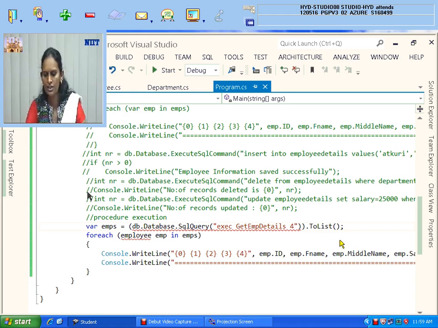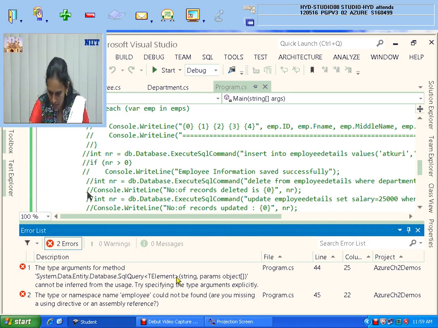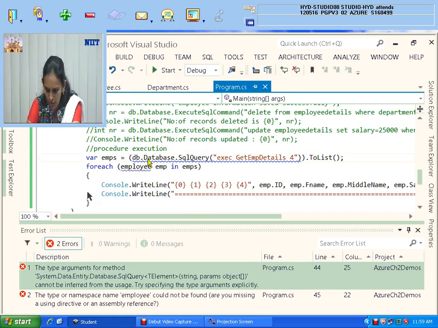Now you execute and check. There is some error. Where is the mistake? db.Database.SqlQuery exec employee details 4 dot ToList. One bracket open, second bracket, first bracket close, second bracket close, dot ToList.